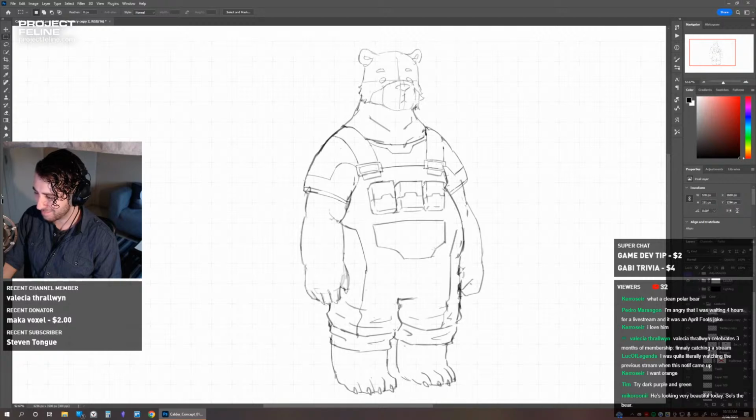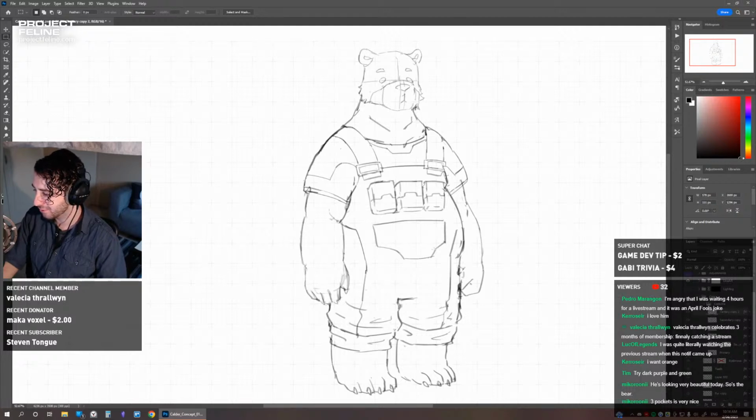I was thinking maybe to add a belt, but I guess overalls don't have belts. That doesn't really make sense because that's why they have the straps. So I might not. I don't know. A belt. Maybe a belt would be good because you can hold some stuff on it. But then he's got pockets, so I don't know. I'll do a version with the belt because I just want to see how it looks, and then we'll get into the coloring because I just want to make sure that I'm happy with the detail.